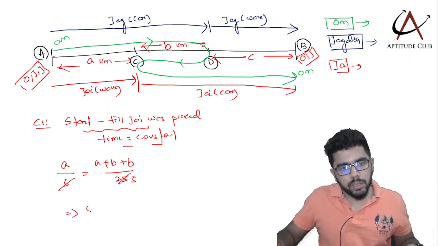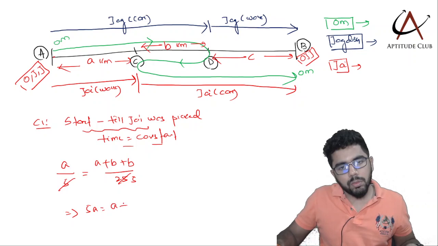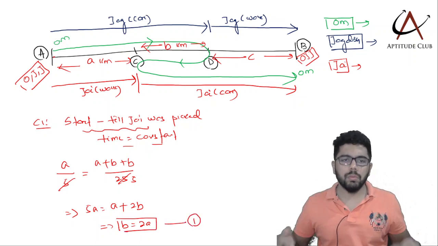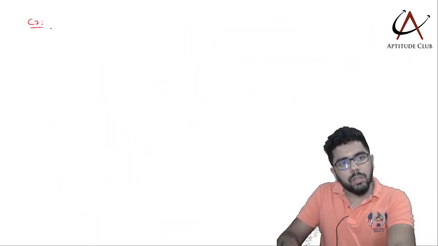So if I solve this, I get 5A is equal to A plus 2B, or I get B is equal to twice of A. This is the first result, and let this be case 1. Now if I take case 2,